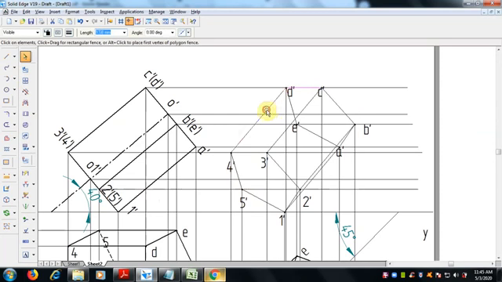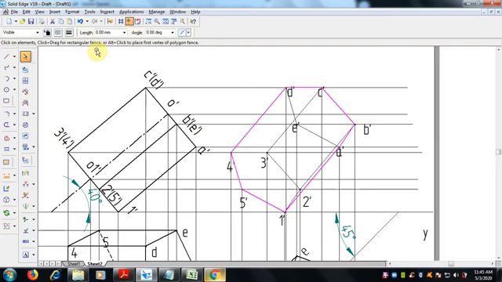Select the lines which are the maximum outer: CD, D to 4, 4 to 5, 5 to 1, 1 to A, then A to B, B to C. So these are the visible edges.